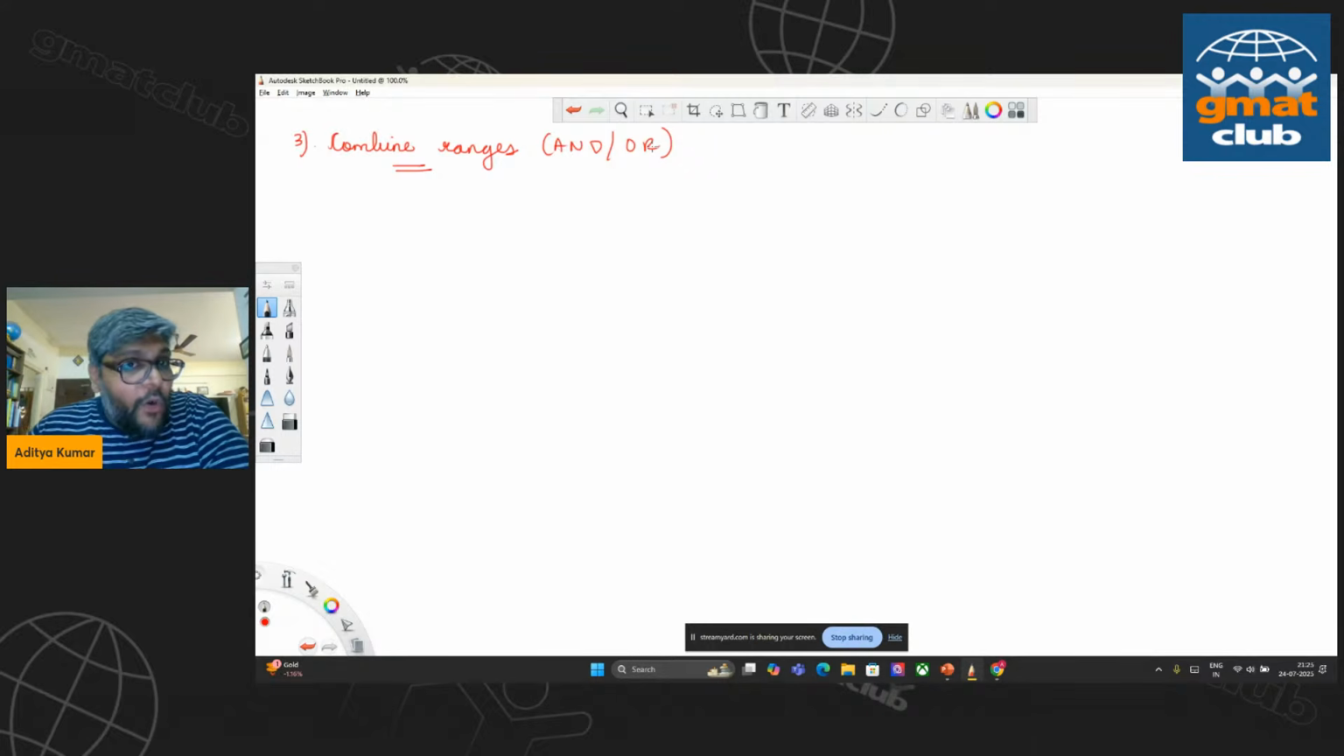Whenever you have an OR condition that runs between ranges, they will never overlap. Both the ranges will hold good on their own, and they will represent two non-intersecting regions on the number line. For example, x is greater than 3 or x is less than minus 3. Remember, when you break down a quadratic equation and you solve for the solutions, what